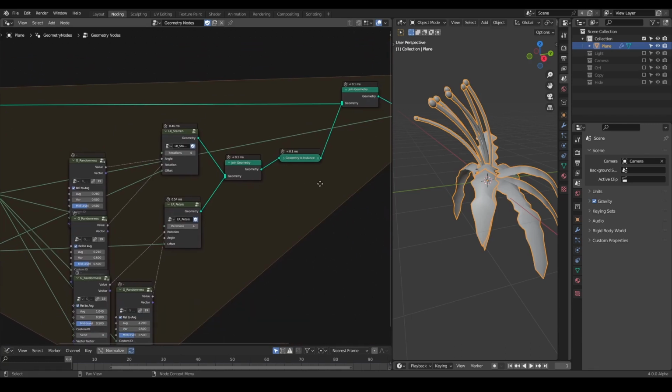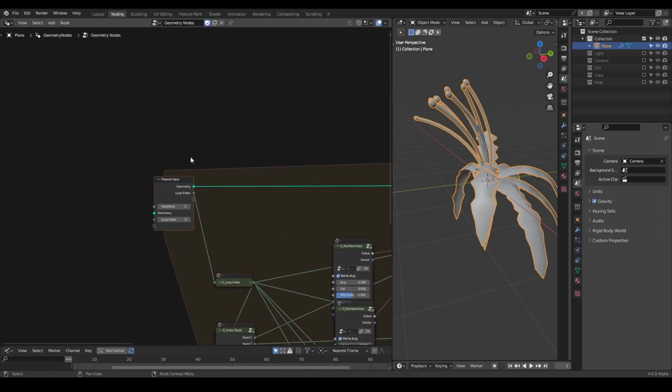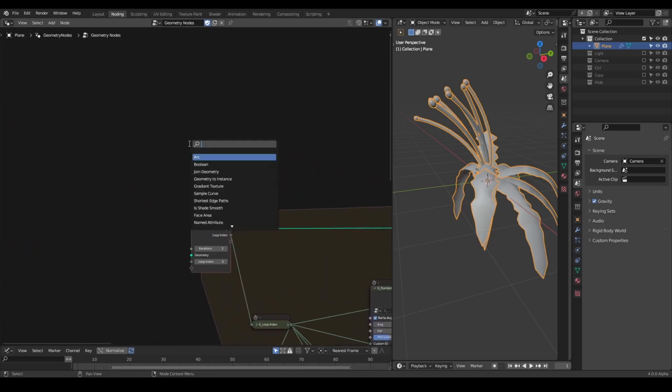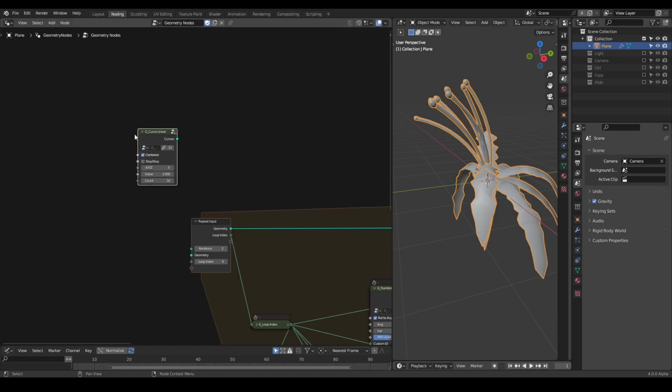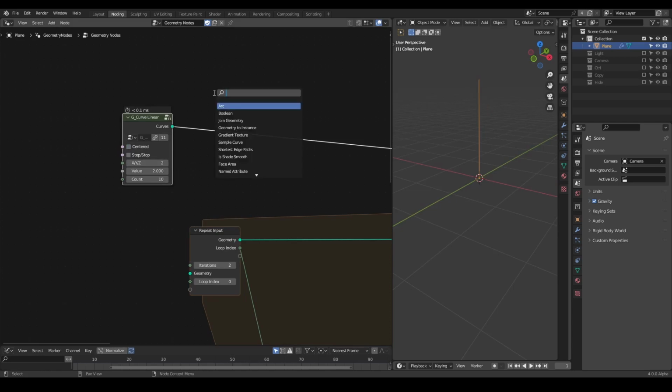Yes. So let's create a lot of curves. So we start with a curve linear, which should be a straight line to the top,